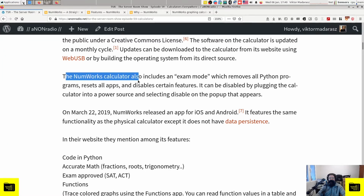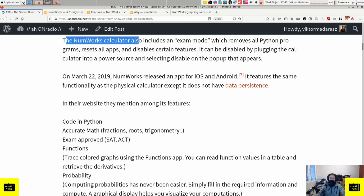These NumWorks calculators have this exam mode which removes all Python programs, resets all apps, and disables certain functions or features. So people can use it on